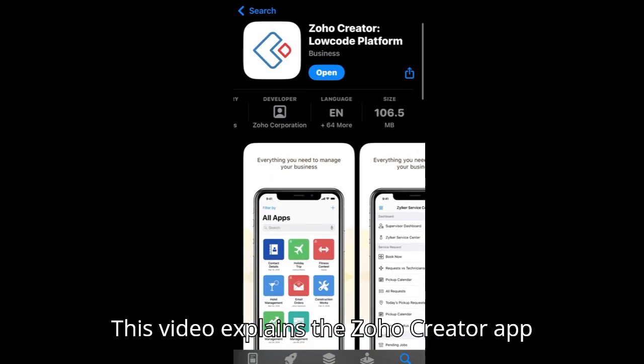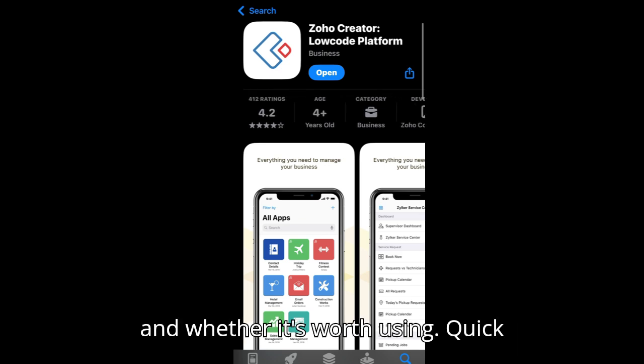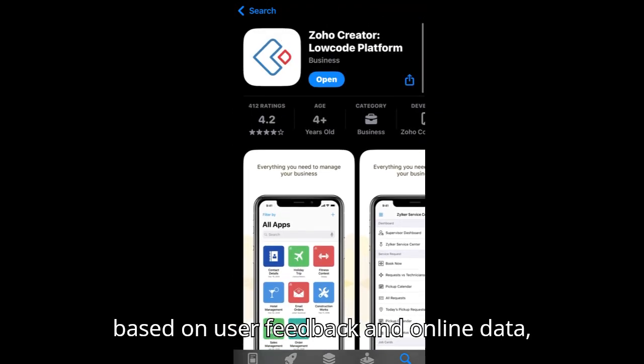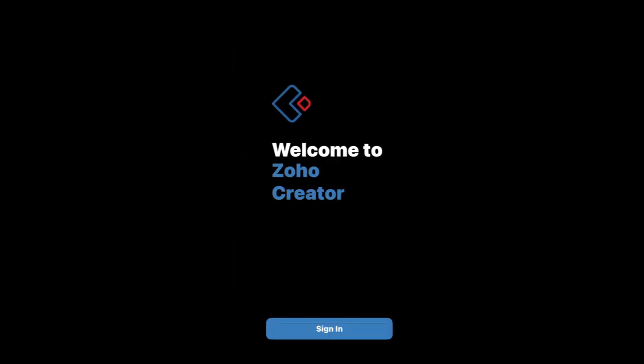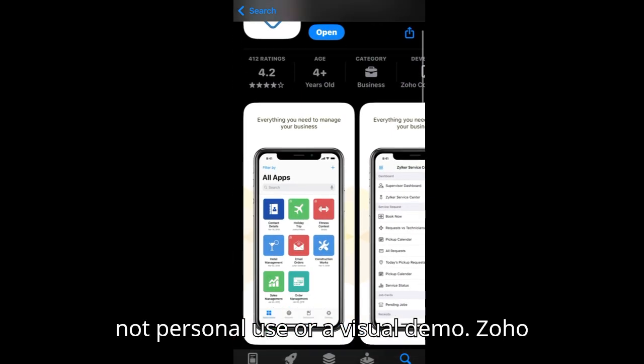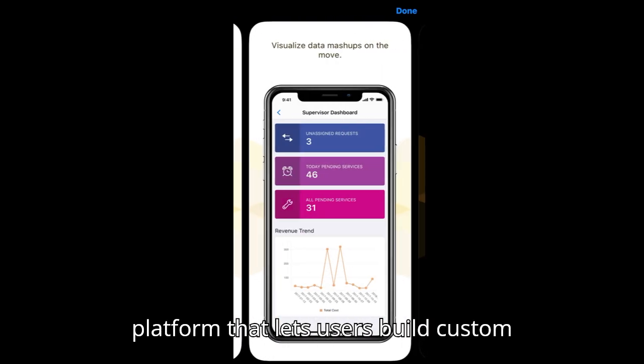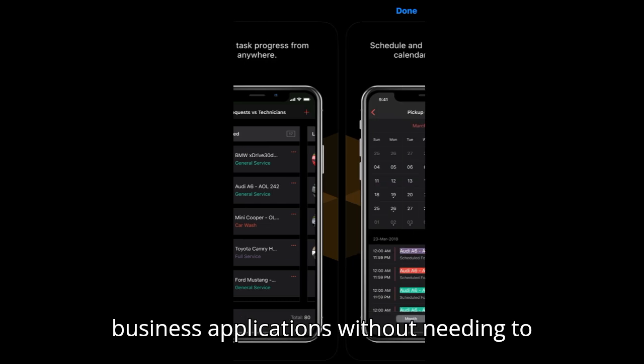This video explains the Zoho Creator app and whether it's worth using. Quick disclaimer. This is an explained review based on user feedback and online data, not personal use or a visual demo. Zoho Creator is a low-code app development platform that lets users build custom business applications without needing to be